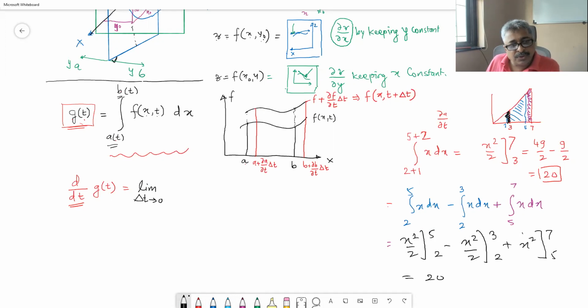What is our definition of the derivative? d/dt of f of t is equal to the limit as delta t tends to 0 of f of t plus delta t minus f of t, upon delta t. That is the definition. Okay. So limit of the integral